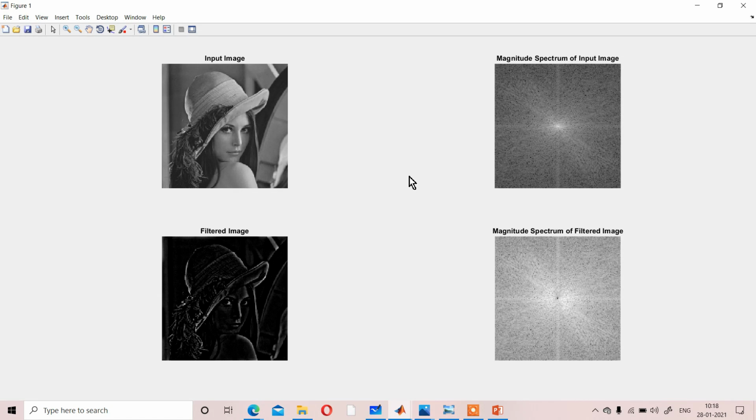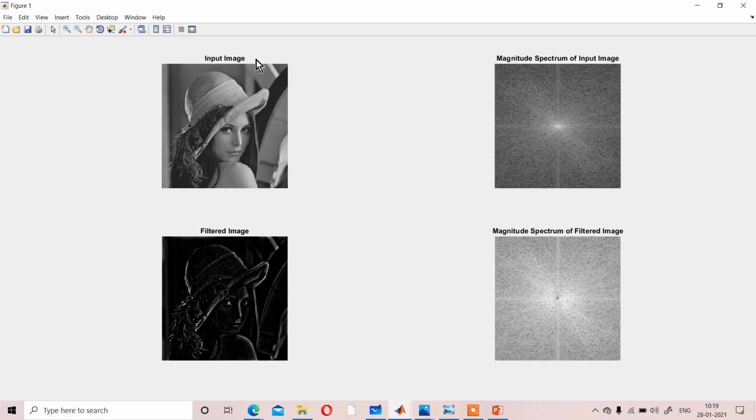Where you need to use the high pass filter, where you need to use the low pass filter or band pass or band reject filter, you have to decide by considering the image. If you want to simply segment out the boundary portion of the image, you will use the high pass filter.